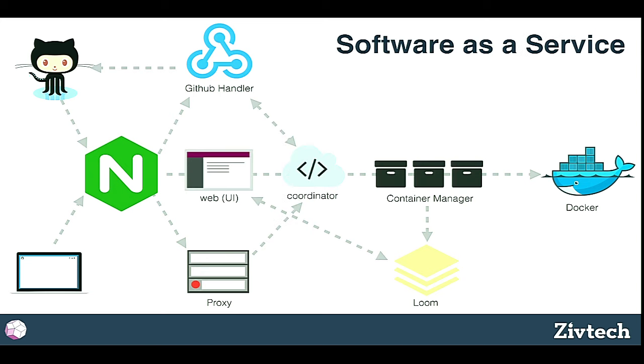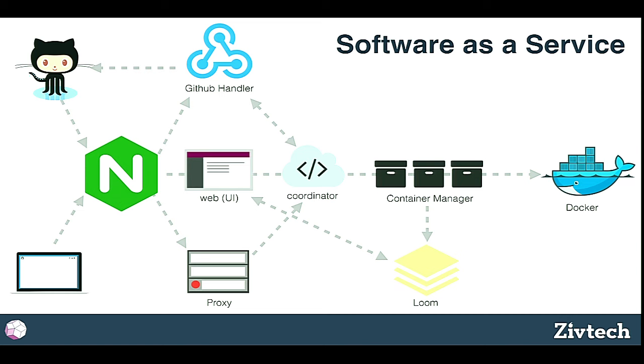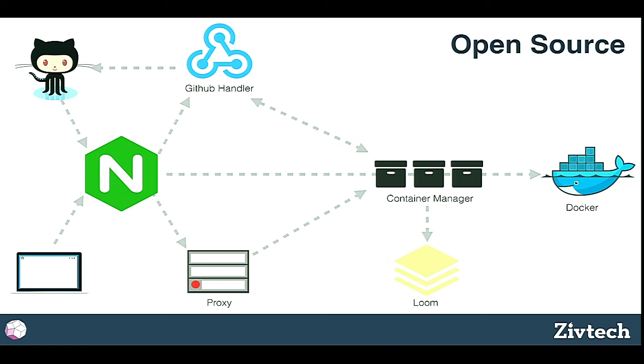Now we also, like I said, have a software as a service version. So in addition to Nginx, well, that's not ours, obviously, but a service that you need to run to set this all up. The proxy server and the GitHub handler are your windows to the outside world. The container manager runs your container, and Loom collects all your logs. We add just a couple of other steps. And you'll see that those same open source components, we don't have any plugins for them or anything. We use the same exact ones we've open sourced.